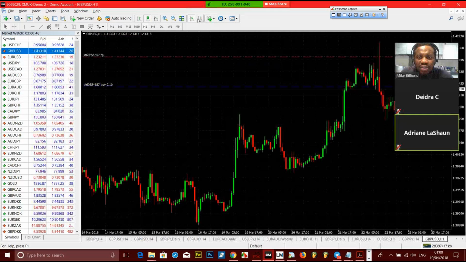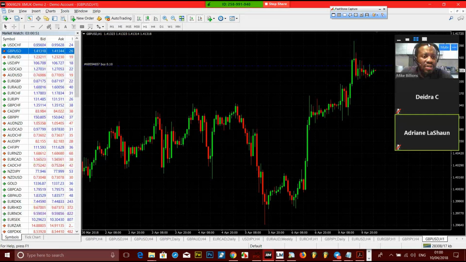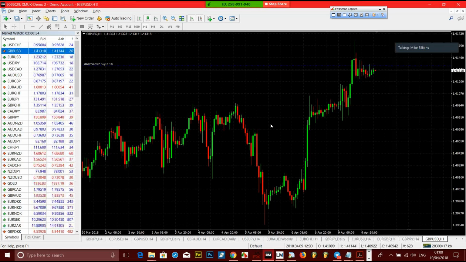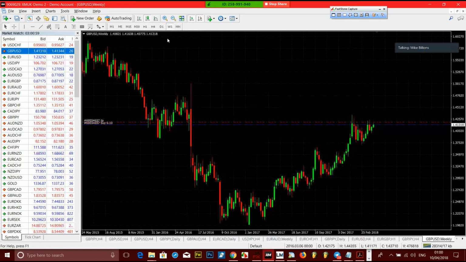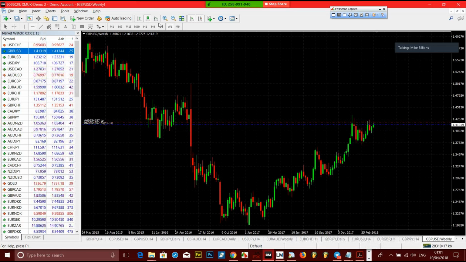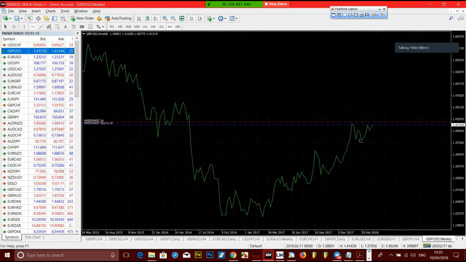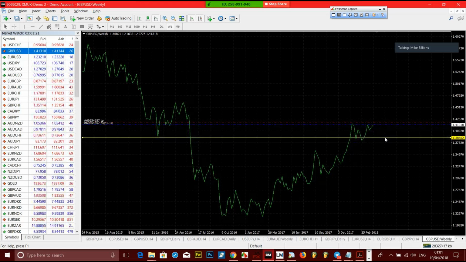Okay, so this is it. Of course, to be honest, this is one of those pairs I don't want to trade again. Besides, this one I have here is on my demo. So yep, we can start the normal way, the same way we start. Keep things on top, so we look at things from the higher time frame. As you can see, this looks like a very lovely trade. Looks like something that's going to drop hard if it's going to drop. On the weekly, that's what we see.